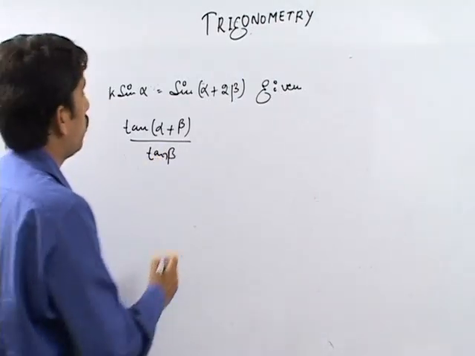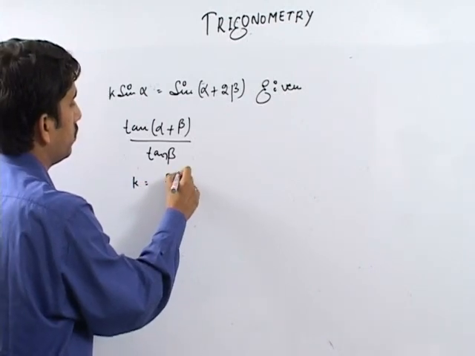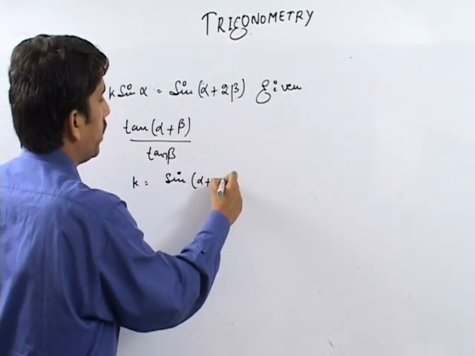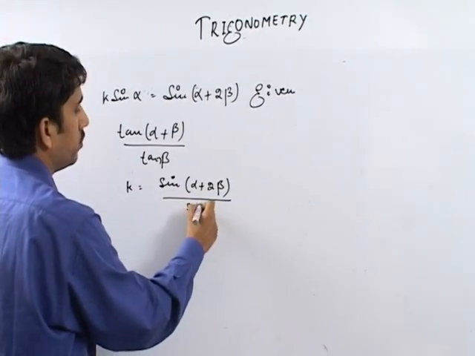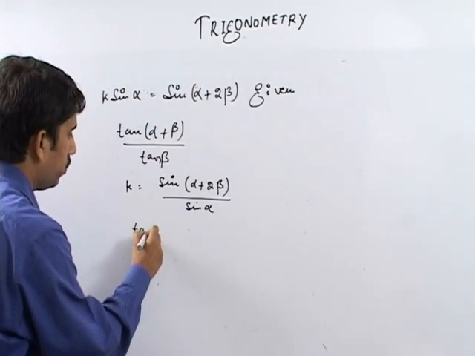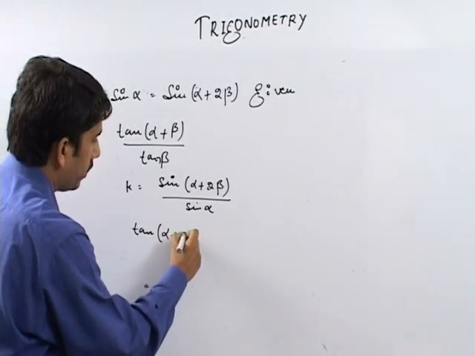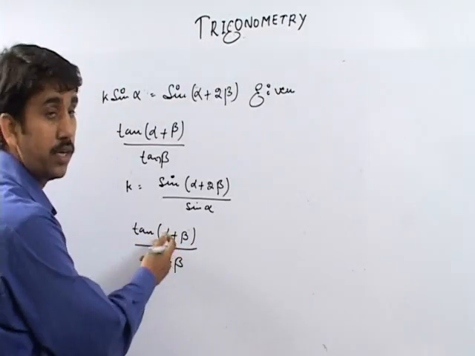Now from the given, k is equal to sine of alpha plus 2 beta over sine of alpha. Now if we take tan of alpha plus beta over tan of beta, here apply tan of a plus b,